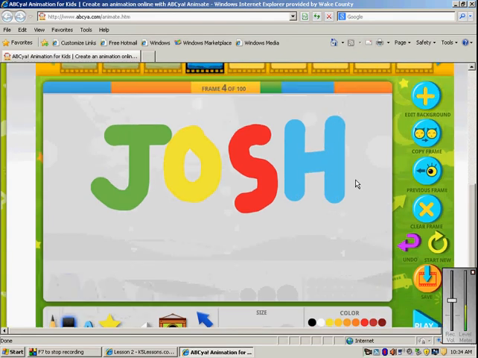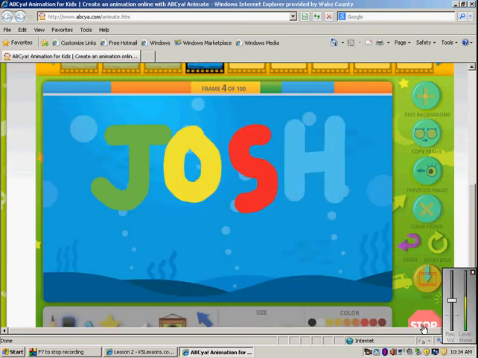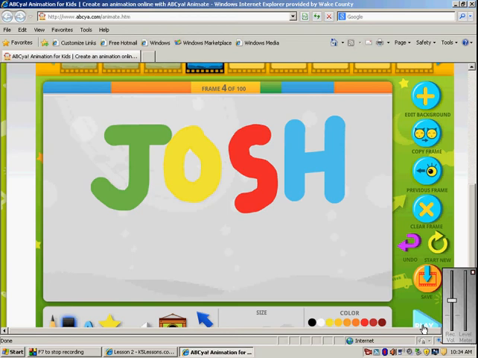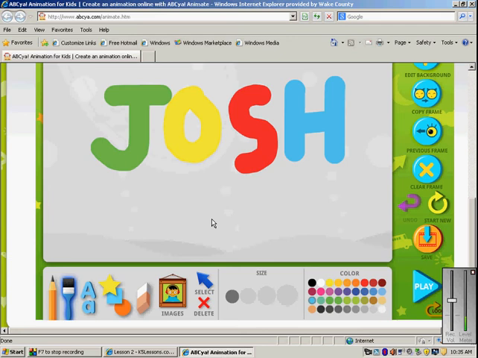Okay, so I'm going to play my animation so far to give you a preview. Okay, I'm going to copy the frame again though and add something to my animation. I'm going to change my brush size. Well, you know what? I'm pretty happy with that brush size. I'm going to change the letter J by adding,